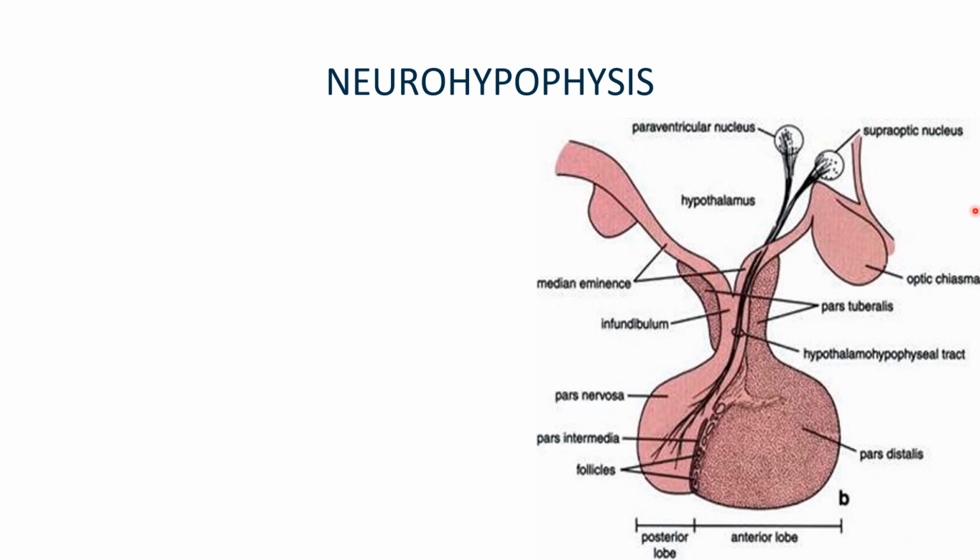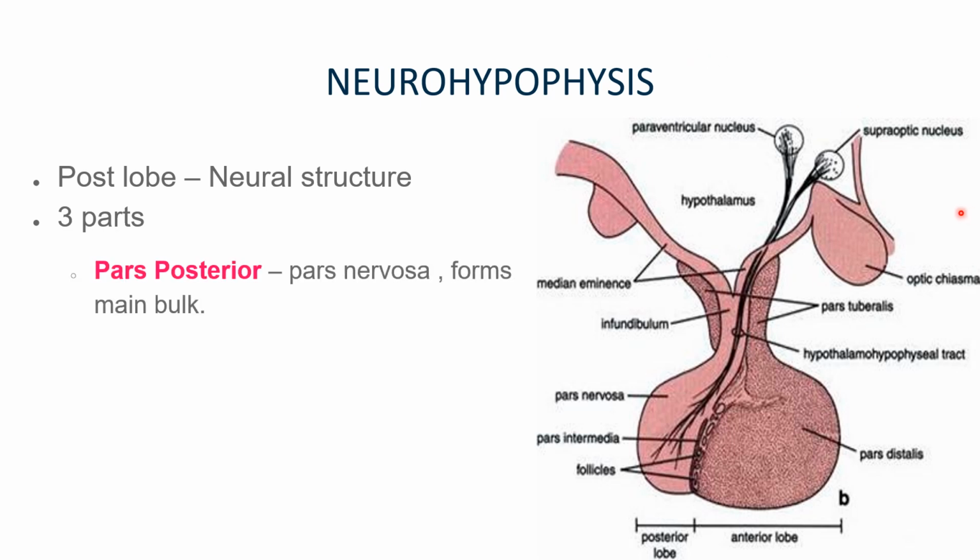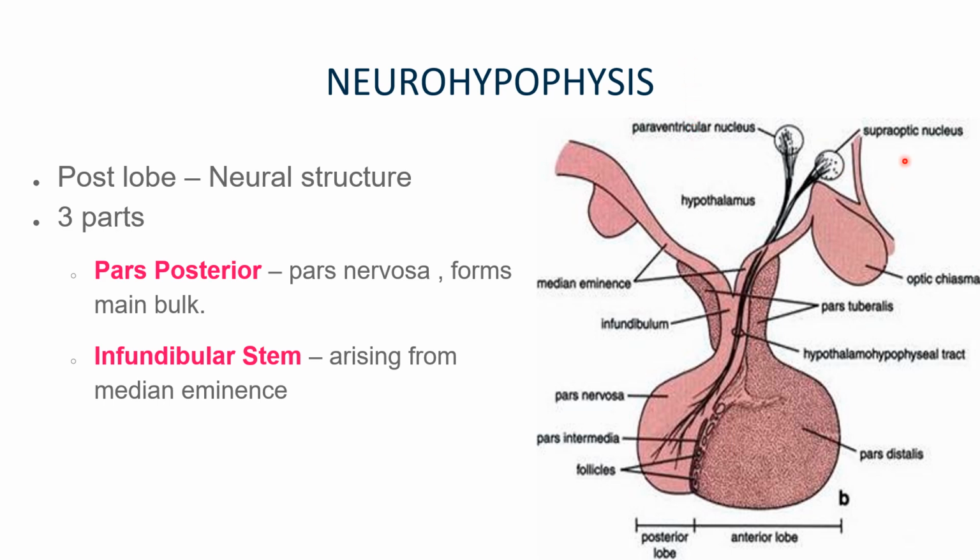Neurohypophysis. The posterior lobe of the pituitary is a neural structure and hence it is called neurohypophysis. It consists of three parts. Pars posterior, also called the infundibular process, which forms the main bulk of the neurohypophysis. Next is the infundibular stem. It is the funnel shaped extension arising from the median eminence at the floor of the third ventricle,